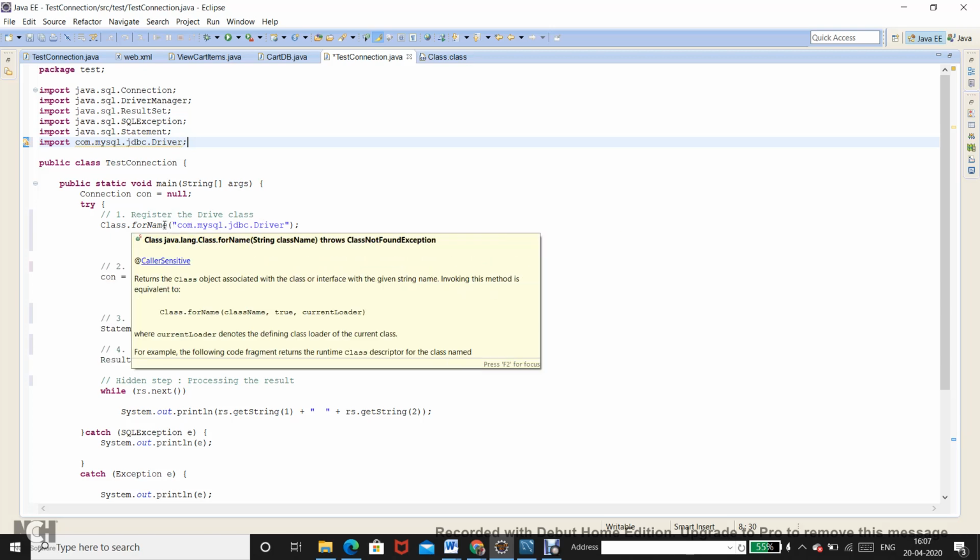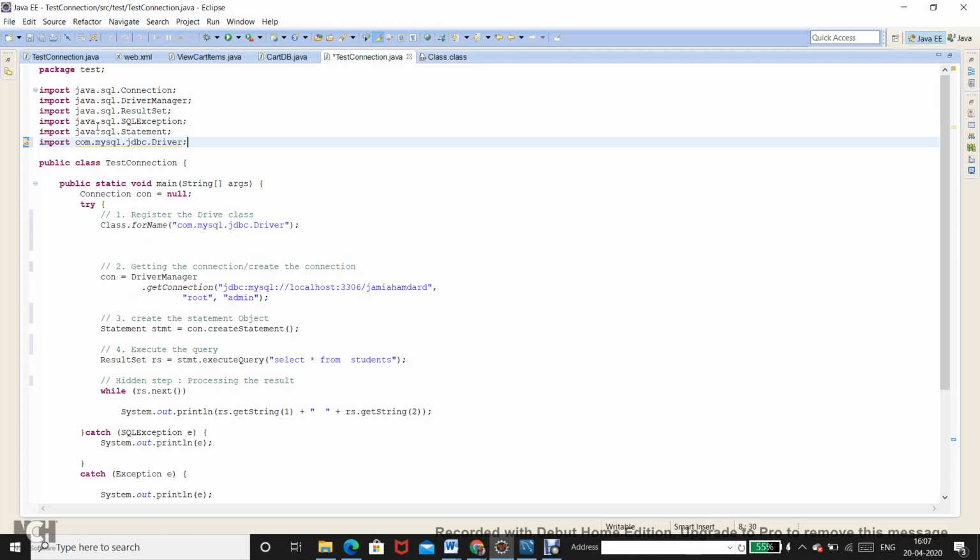Most tutorials and books will say that this method is going to load this particular class dynamically at runtime for you. What I put in the import is a static loading of the classes.